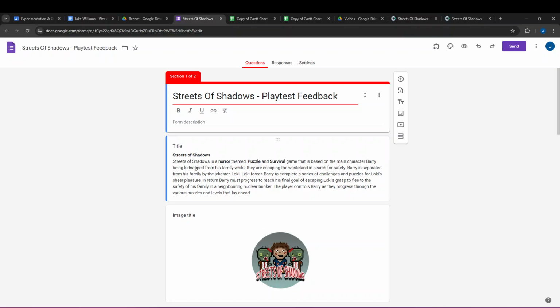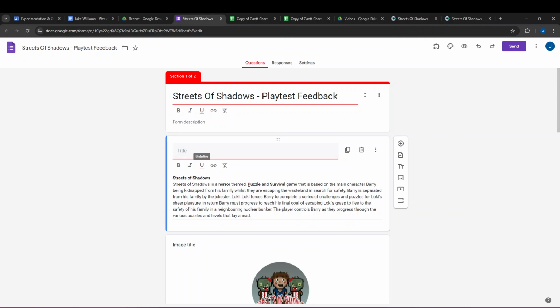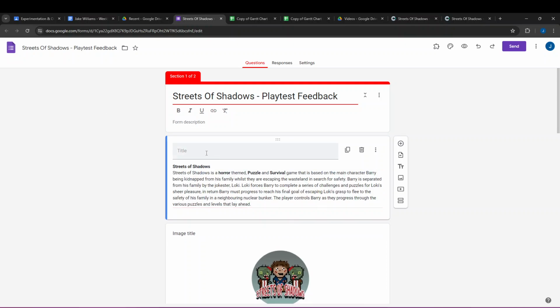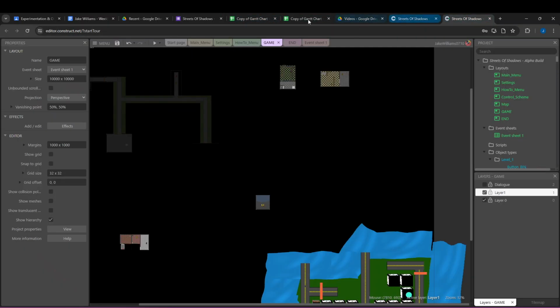This is what I said about the context. So, strange horror themed, Barry is separated from his family by the jokester Loki. Loki forces Barry to complete a series of challenges and puzzles for Loki's sheer pleasure. In return, Barry must progress to reach his final goal of escaping Loki's grasp, to flee to the safety of his family in a neighbouring nuclear bunker. So that will be added to the game as well